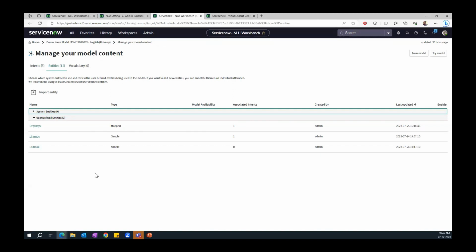So if someone types, "my laptop is on fire," fire is an entity already defined as high urgency. So your conversation can skip the question about urgency. It will not ask, "Hey, what is the urgency of this issue?" Of course, the system already knows if the laptop is on fire, it's high urgency. So it will directly start creating a ticket instead of asking a question from the user. So you can skip multiple questions that in our normal VA conversation we used to ask the user. You can avoid all those unnecessary things and make your system smart enough to make a decision.